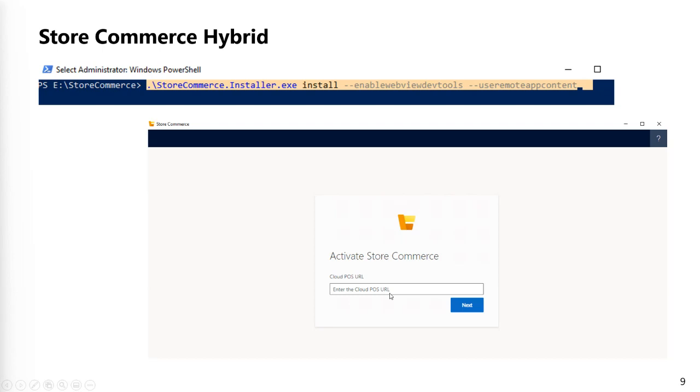So the rest of the steps are going to be the same, like activation of the existing Modern Point of Sale or CPOS. It will go through the activation flow and you can use the app. Okay. But suppose you didn't install the remote app content,